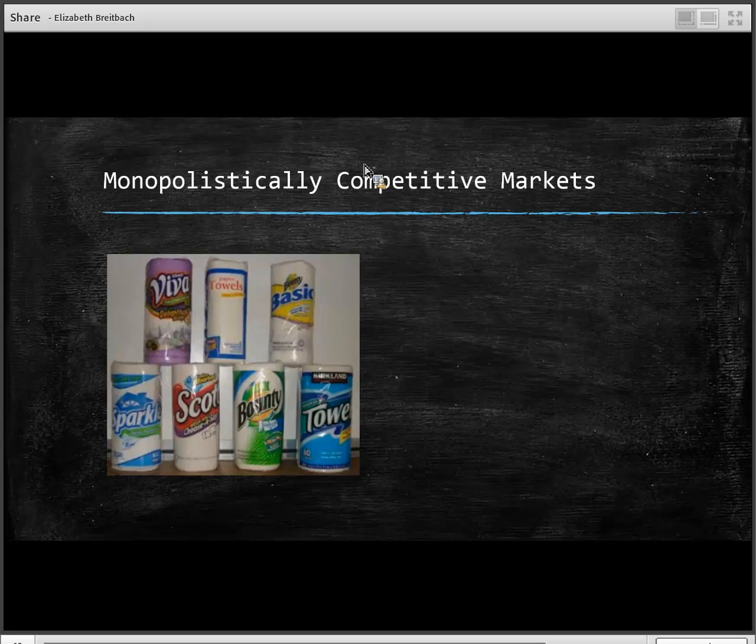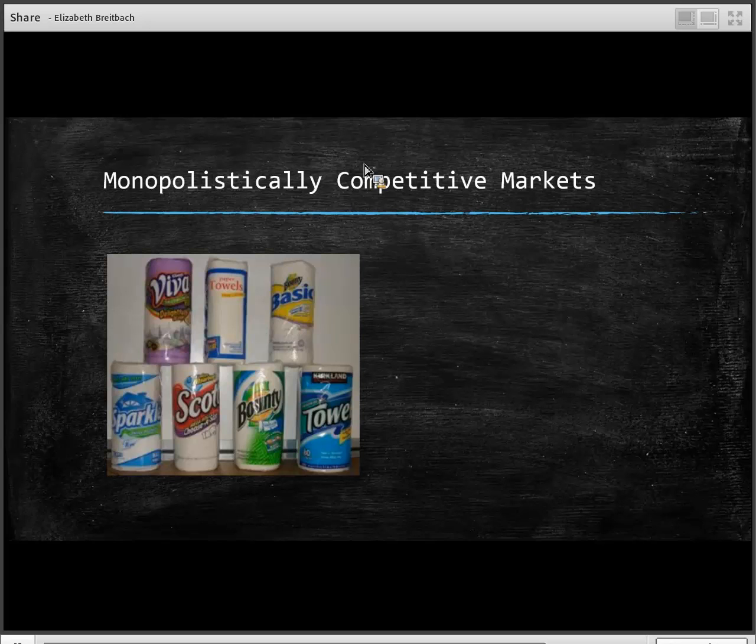We still see relatively easy entry and exit in our monopolistically competitive market. So similar again to our perfectly competitive market. It's relatively easy. It might not be as easy as the perfectly competitive, but still relatively easy. And here is where we see a big difference between our perfectly competitive and our monopoly. There are brands and substitutes, and that should say exist in this market. Brands that try to differentiate themselves and say we are better than the others in the market.